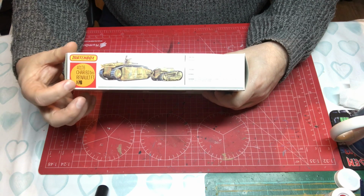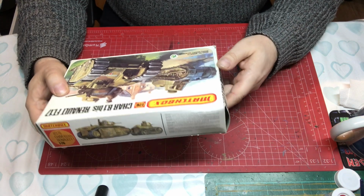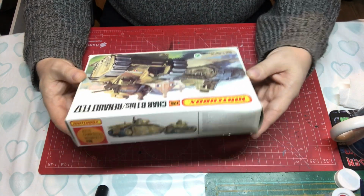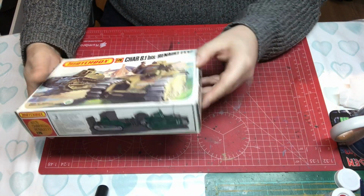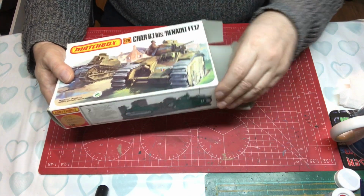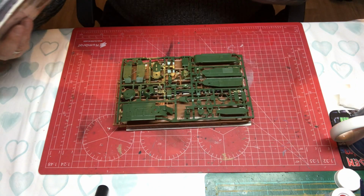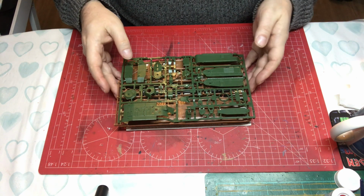Tells you that it's a model kit, tells you it's 1/76 scale, and this will be interesting to see. So originally it was held down by 2 little adhesive tabs, and it's this side that's been opened before I got it. But this is the first time I've looked in it since this kit arrived on my doorstep. So there we go. We have our 3